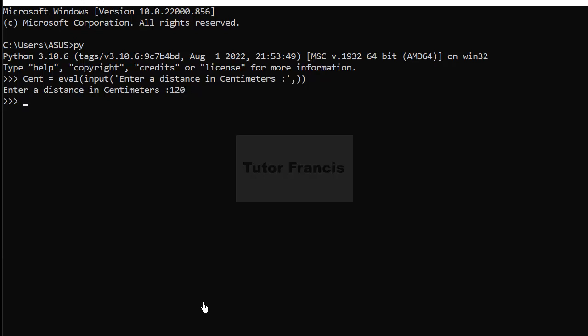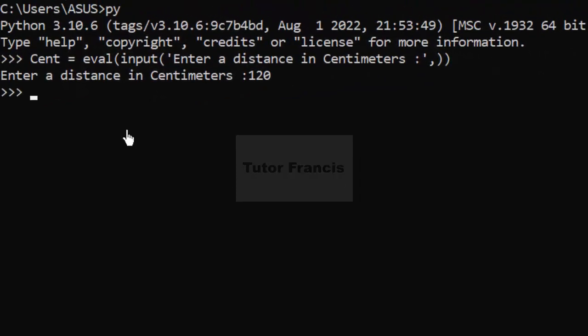and press enter. We want the program to print the result on the screen. So we will use the print command. So print, then we'll give a short message. So let's say in meters, that is